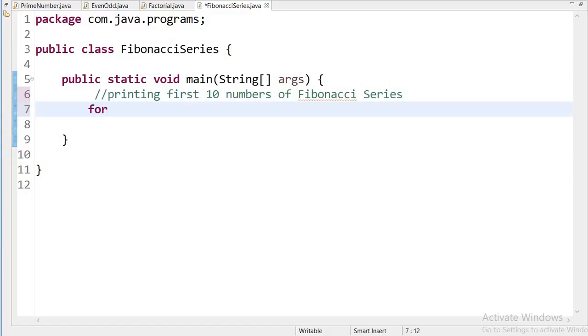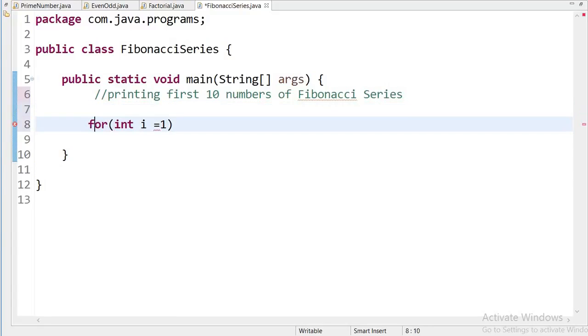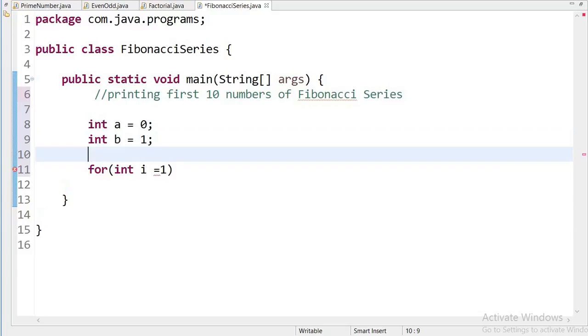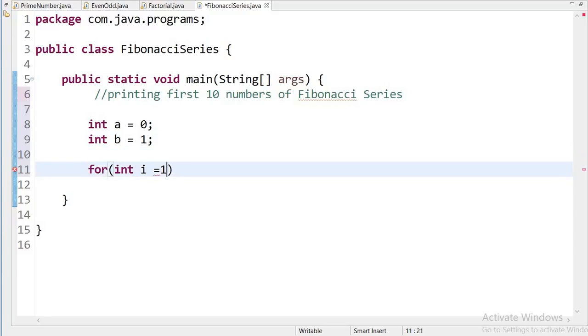Here I will use a for loop, and it will start from 1, int i is equal to 1, and as you know we have to declare two variables before starting to write the program. Int a is equal to 0 and int b, we can give any name, is equal to 1, and the for loop will start from int i is equal to 1, and we have to print 10 numbers, so it will go up to 10,